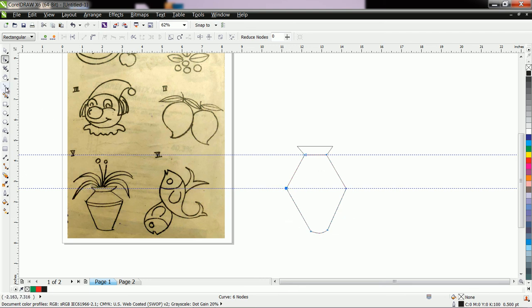After that, how to draw this ellipse? You can simply draw with the help of Bezier tool, or you can also use pen tool. Convert to curve and remove the unnecessary nodes.